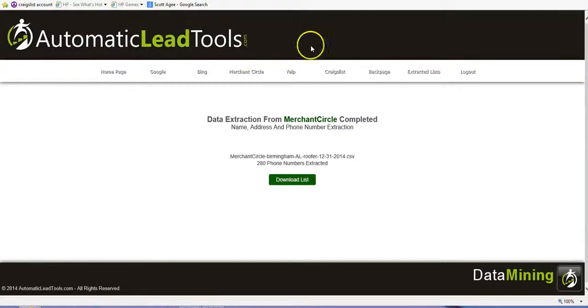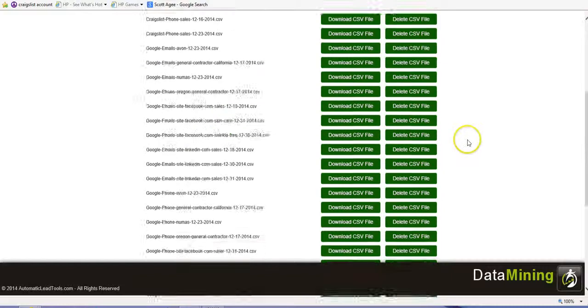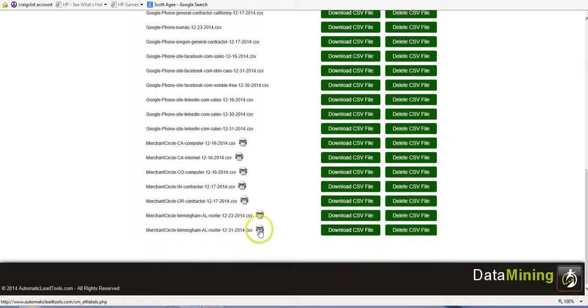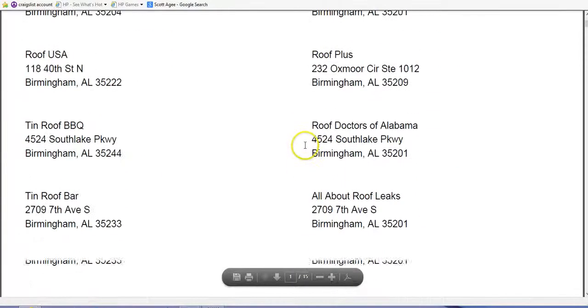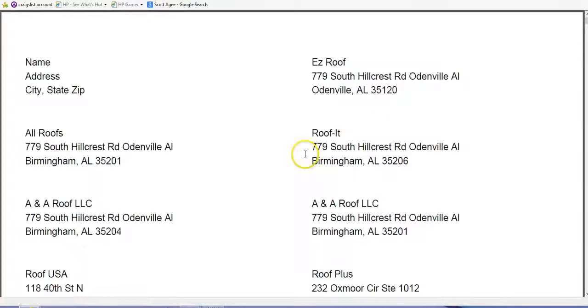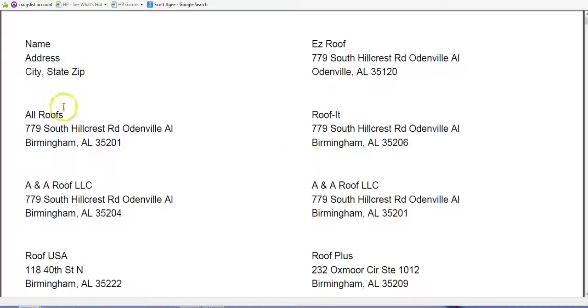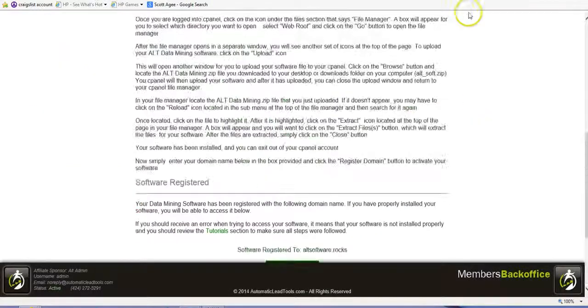All right. Let me show you this. Also, our extracted list. We go to that roofer right here, and we look at this button right here. So our company then wants to send a piece of mail. Say, hey, you know, we've got these new insurance policies for roofers in Birmingham, so they can use this. Here's this printable labels. Send out a bulk mail campaign. So you can see the power of the software.